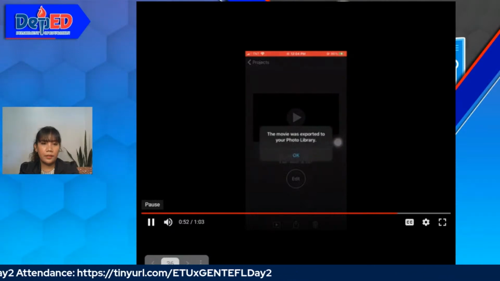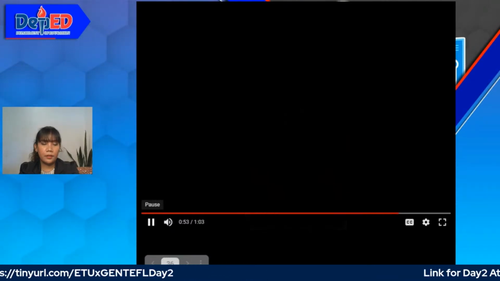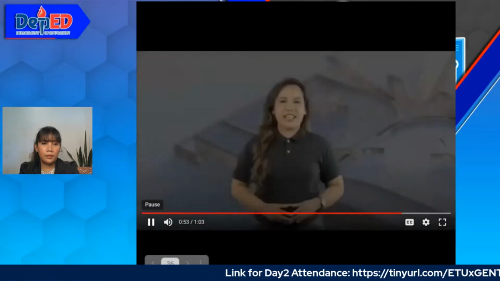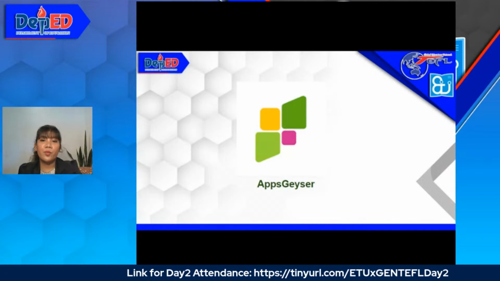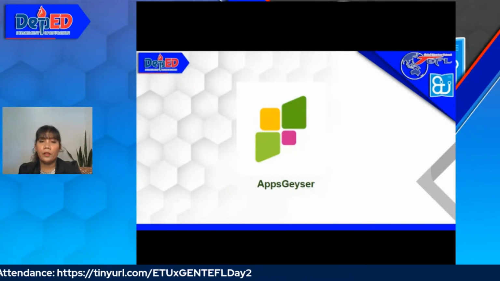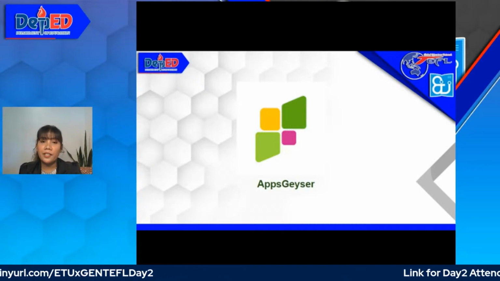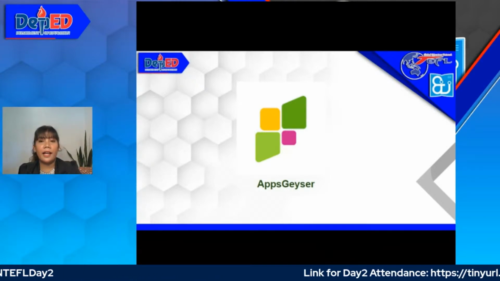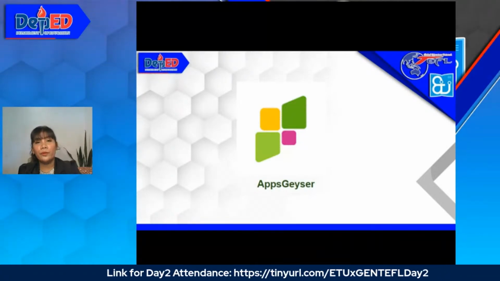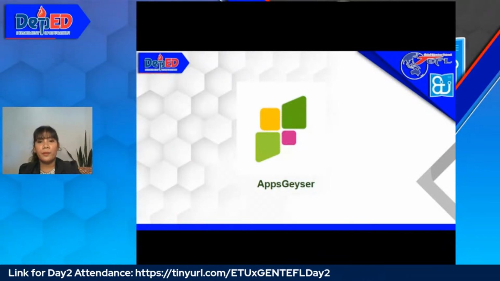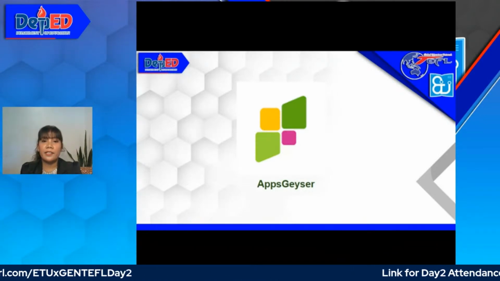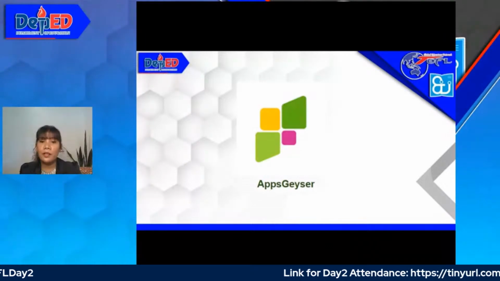Next is the AppsGazer. AppsGazer is an online Android app tool platform that provides the essential tools for potential app makers to create Android apps. So during the OER training workshop in the Philippines, Mr. Mark Anthony C., head of the EdTech unit, trained the teachers to create their own Android apps using the AppsGazer